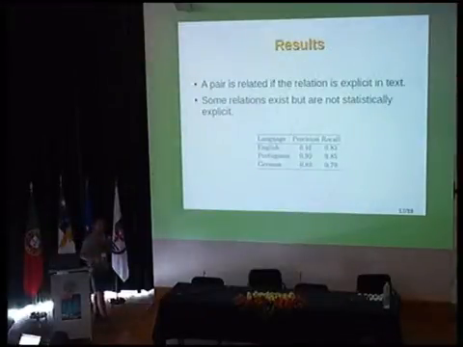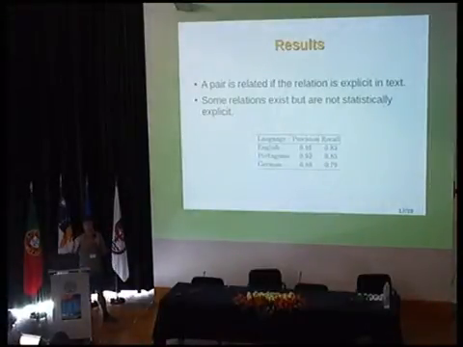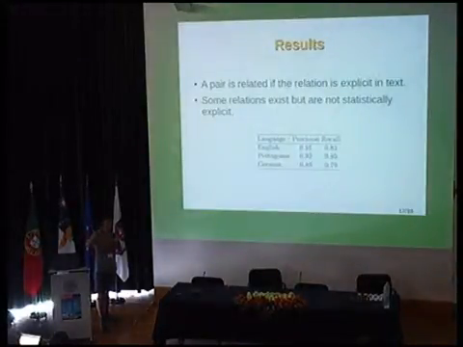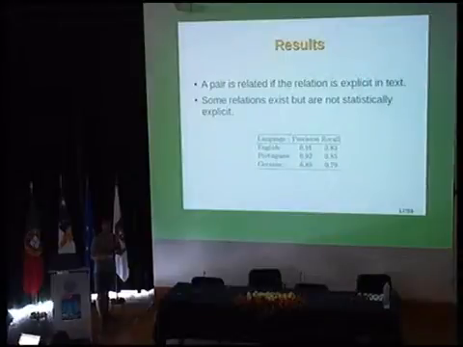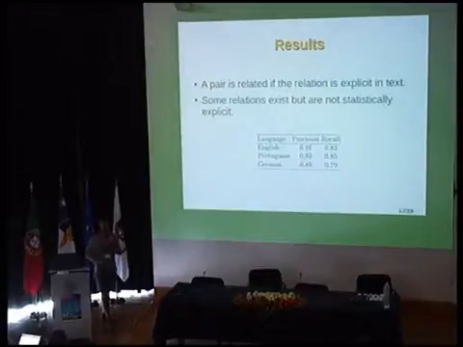So the criterion we used for the classification was just this: a pair of concepts is related if they are explicit in the text. Just to remind you, for psoriatic arthritis and rheumatoid arthritis, the classifier could say no, they are related because they are both types of arthritis, but they are different types of arthritis, so they had access to the document. As you can see, we have good results for precision and recall.